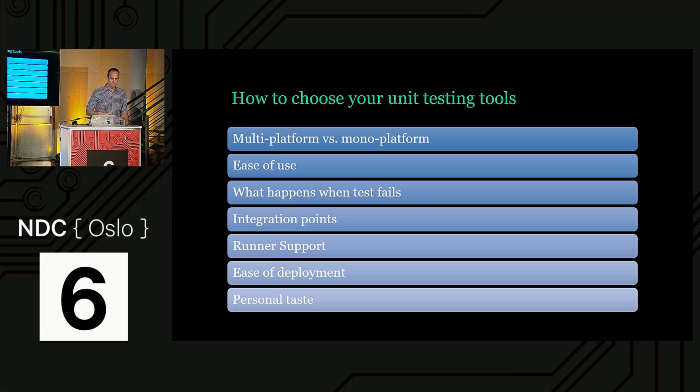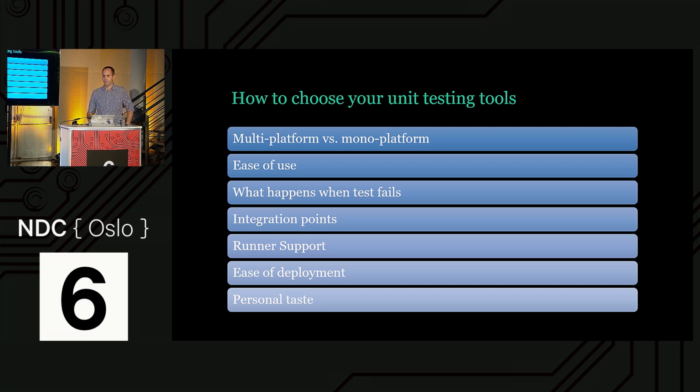But with the other frameworks, ease of use is a thing. How easy is it to write a test? How easy is it to write a mock? Do I need to compile all my dependencies, my mocking framework, my unit testing framework, or just include a header file? That's a big thing to remember. What happens when the test fails? You want to know if you have a good unit testing framework? Run a simple test. In the assert, run 2 + 2 = 5. See what happens. How much information do you gain out of it? Do the test names need to be valid method names or just strings? Strings are better because you get to write whatever you want. Just make sure you don't write too much.